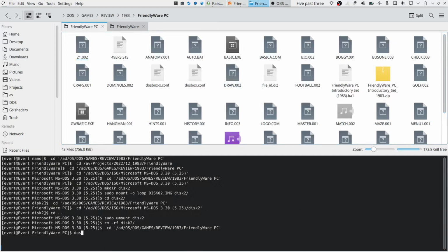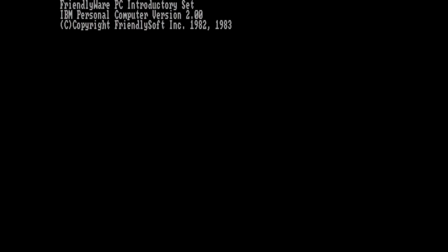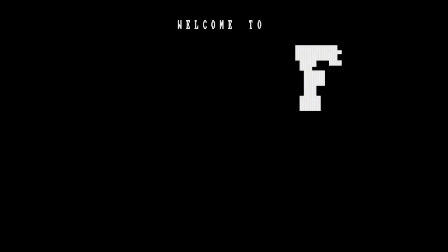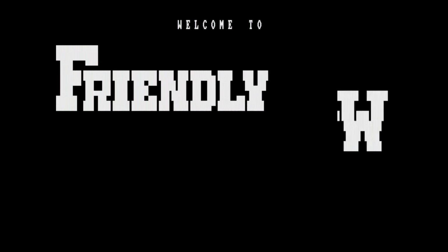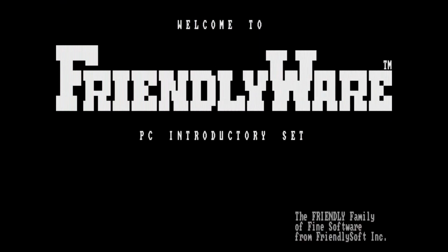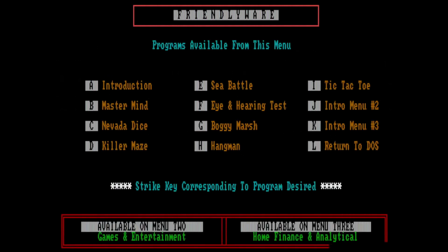Let's just run DOSBox and set it going. So I remember even this logo having sound, but I was not able to get the sound working on this. So it does zoop, zoop, zoop, zoop, zoop as the letters came in. It's not the worst thing ever not to have that, but it would boot into this Friendlyware, from the floppy,